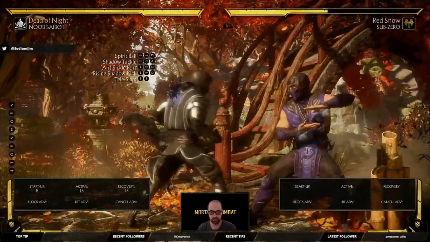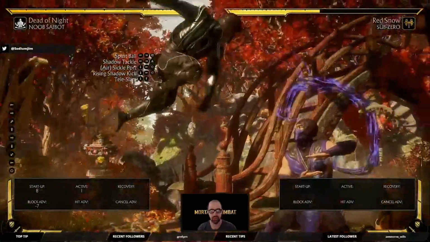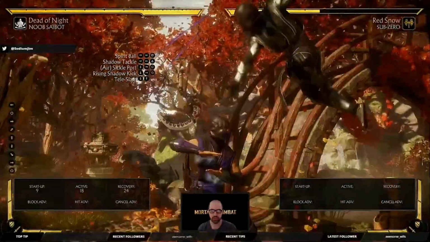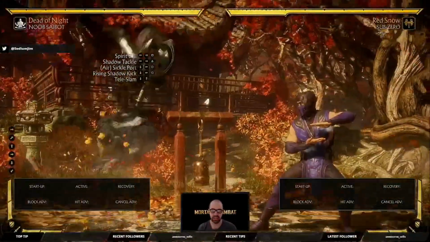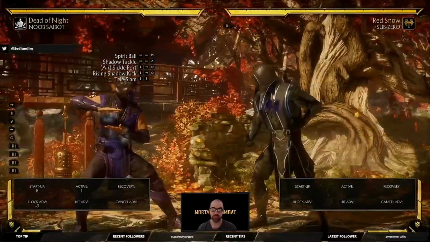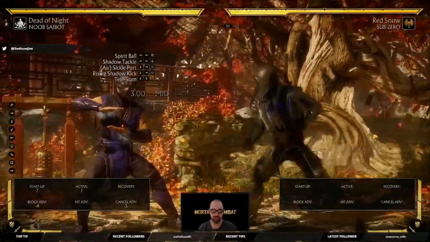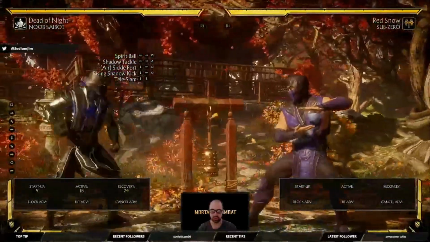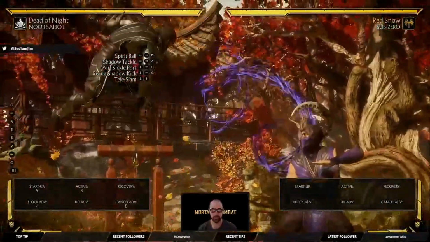Oh, what's that block? Minus 7, so you can check that with a down 1. So if they amplify this, then they get an uppercut, and the uppercut is minus 9. So just like this, it's just a normal teleport, and then he can just attack you as he normally would. But if they EX it,